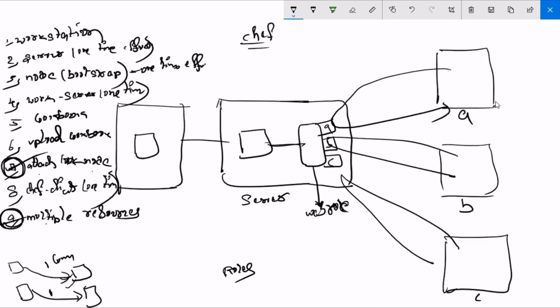Understood? Yeah, now I understood. Any more doubts, guys, from anyone? Any doubts from anyone? The roles which you're talking about, in the graphical user interface of the chef server, they're showing roles, right? So that one you're talking about? Yeah, anyway I'm going to show that now practically. Oh, okay. Practically, you understood this one concept.